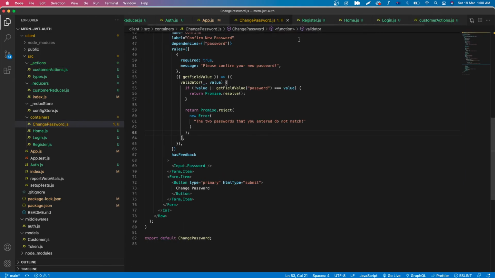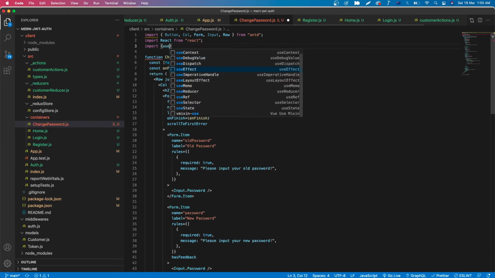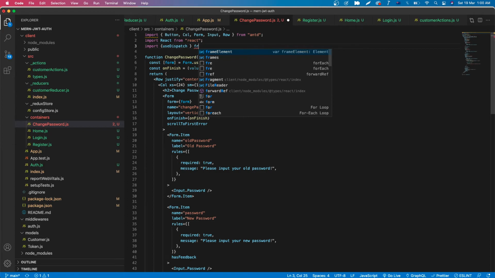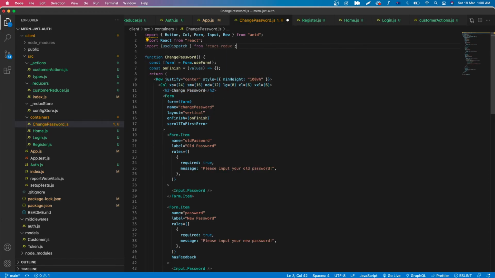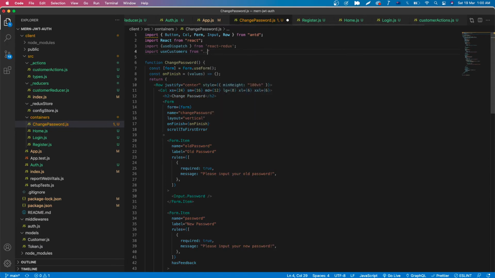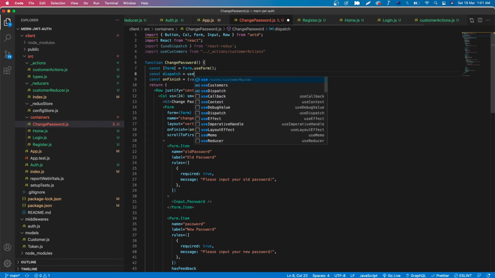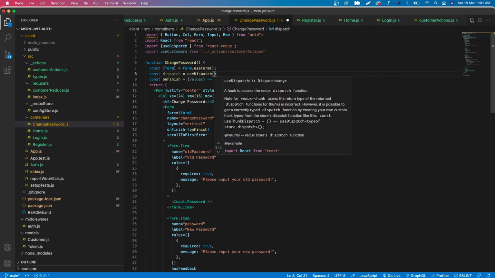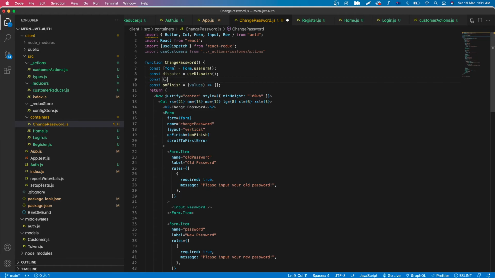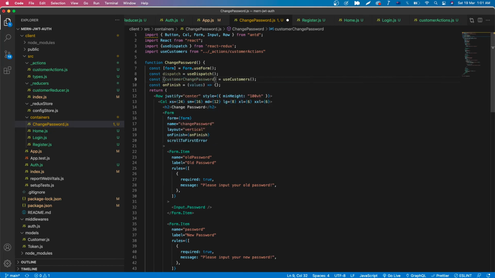Then let's go to the change password component again. We will import useDispatch from redux and also import the customer action from customer action. Then dispatch equals useDispatch. After that, customer, and we will use the customerChangePassword action,